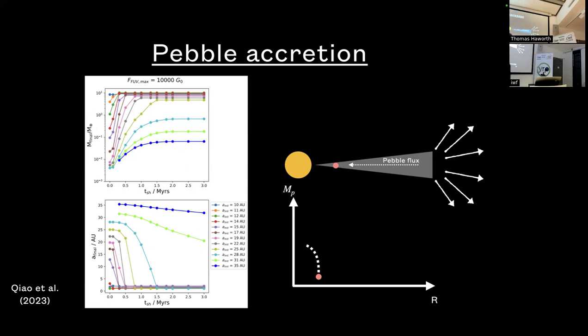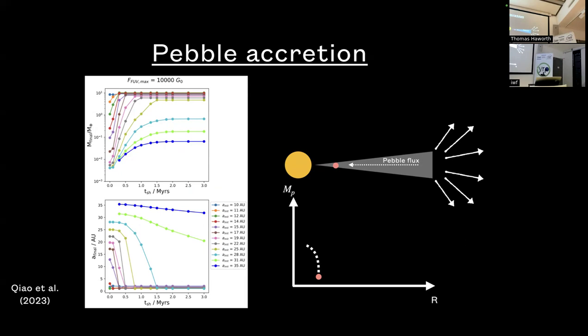Okay, so what she's showing here is how long the disk is shielded for, how long it stays in its birth cloud before it gets shone upon by O stars. This is the final mass of a planet that had a seed put in at a certain radius in the disk. And this is where the final orbital radius is of the planet. So the key thing here is if